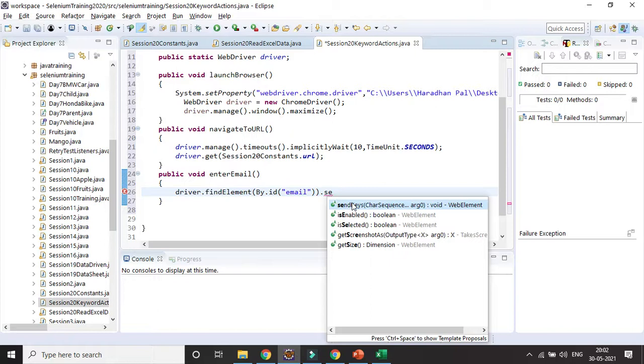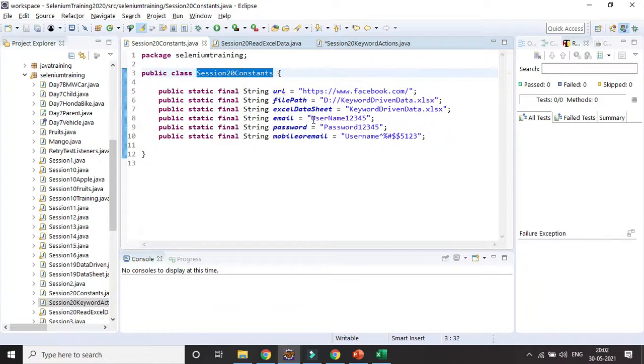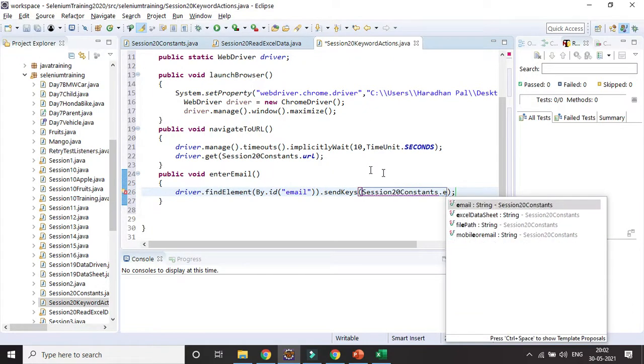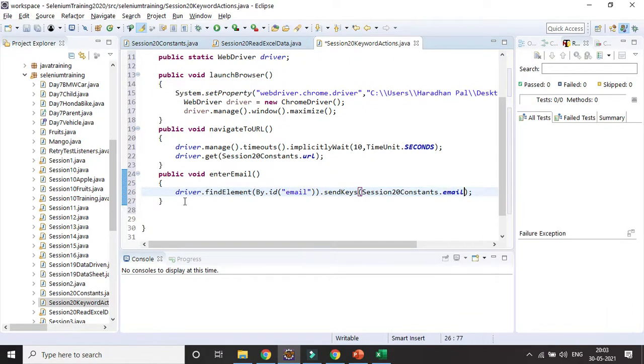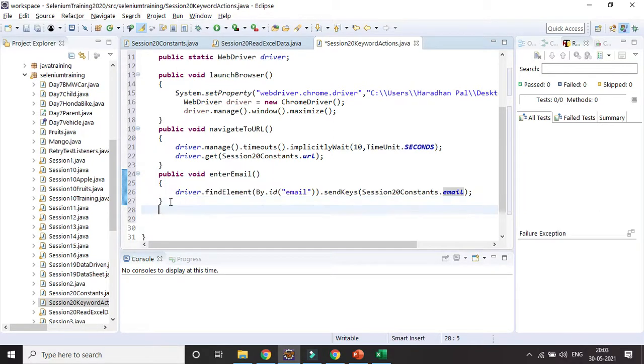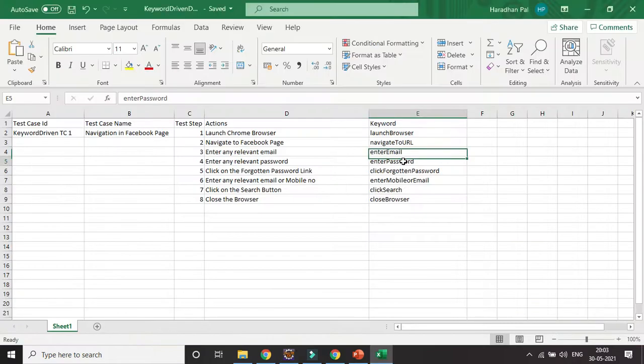Which data will I be sending? I will be sending the data from the constant class, whatever I have created, the email, so dot the variable name email. Okay. Similarly, for the password field, I will be creating another method for the password. So I need to match with that one. Enter password.